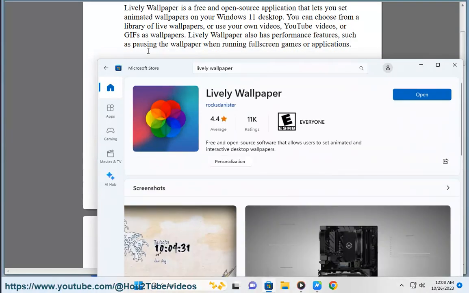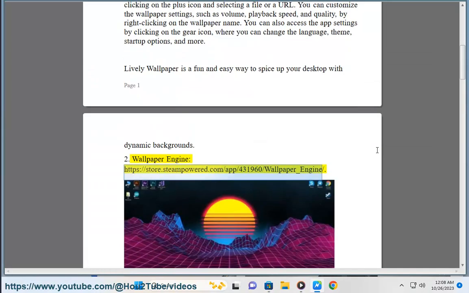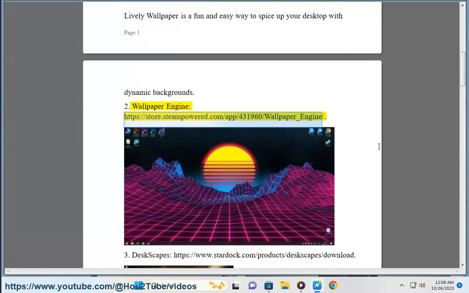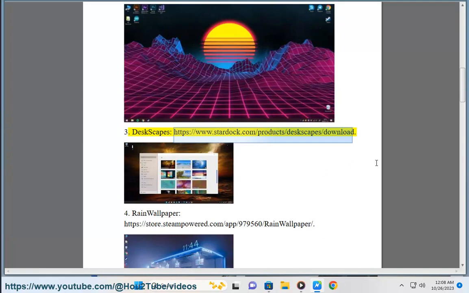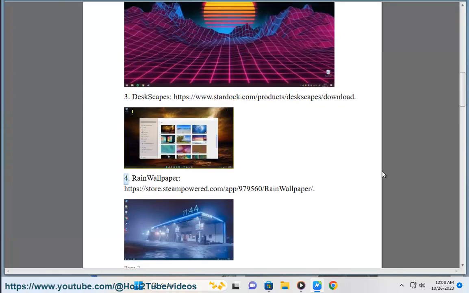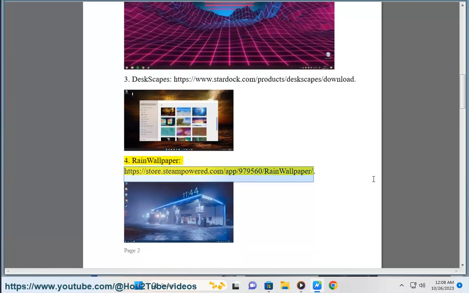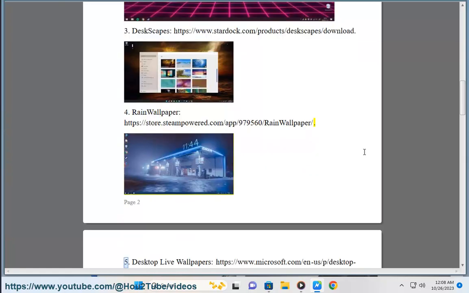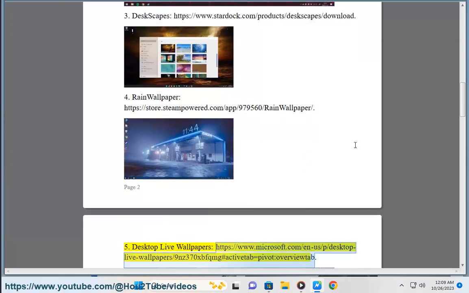2. Wallpaper Engine, https://store.steampowered.com/app/4319660/wallpaper_engine. 3. Deskscapes, https://www.stardock.com/product/deskscape/download. 4. Rain Wallpaper, https://store.steampowered.com/app/9795660/rain-wallpaper. 5. Desktop Live Wallpapers,